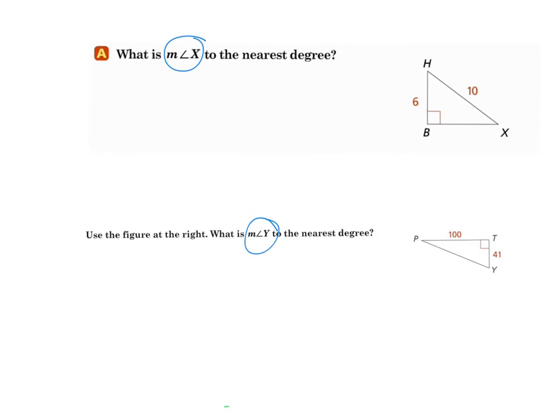The first thing is to figure out, based on the angle that you're looking for, what the side relationships are going to be. I see here on question A, the first one, we have opposite and we have hypotenuse. So what that means is that we're going to use sine. Right now we know that the sine of x is equal to 6 over 10. In order to solve this question, we need x by itself, and the only way to get rid of sine is to take the inverse of it. So we're going to do the inverse sine of